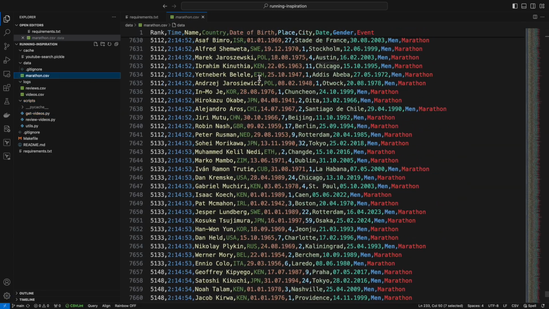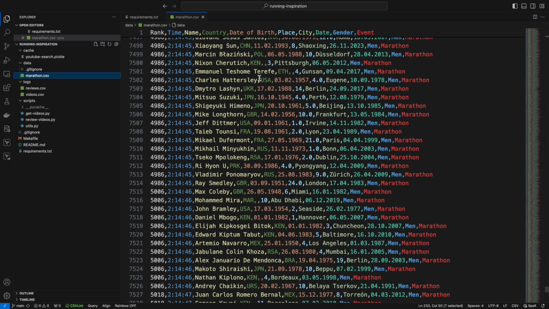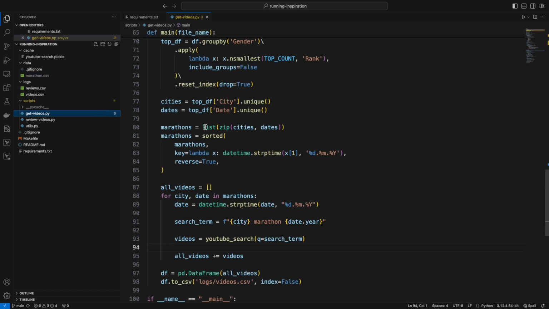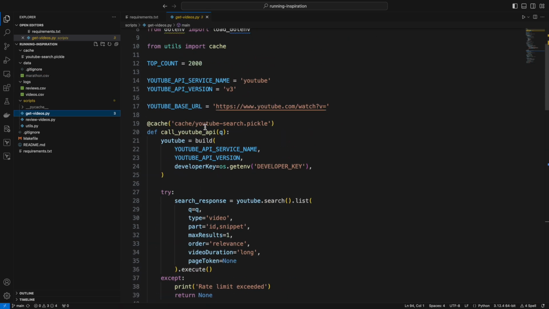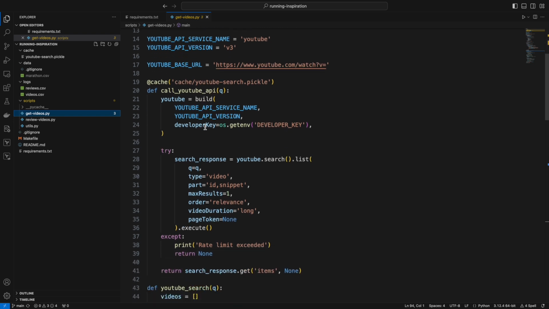And what we want to do with this data set is find videos of each marathon run by these people, so we can learn how to improve our own running. So how do we do that? Well, I think the best way is using the YouTube API, and you can easily obtain a way to query or call the YouTube API using ChatGPT. So we are going to more or less use that,